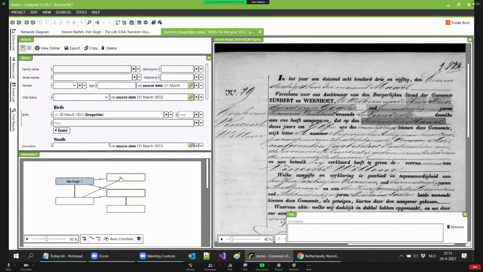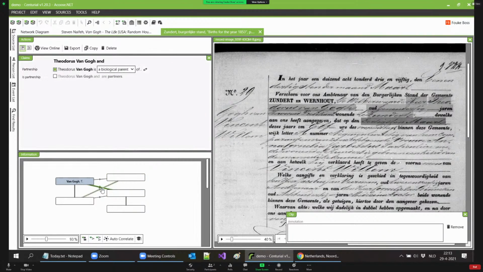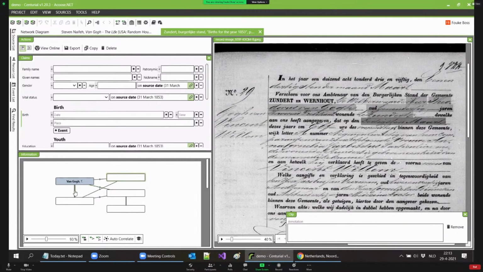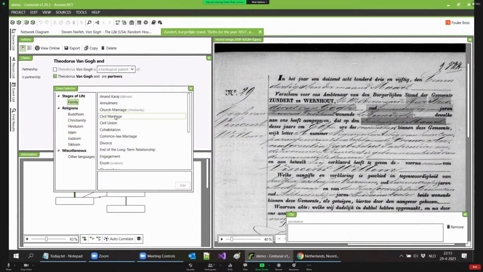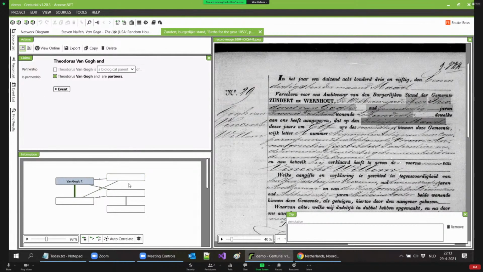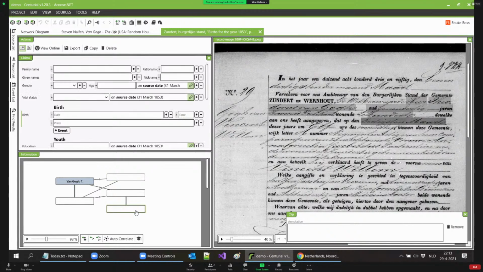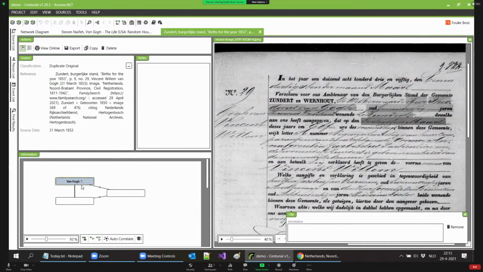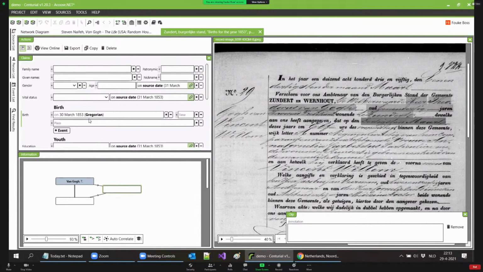And then these are the persons, these are the relations, and for each person or each relationship, I can enter data. I could enter a marriage date if I like, if that's in there, or any kind of information. In this particular case, we only have one. Let's remove this one, and this one. We only have a father, a mother, and a child. So that's what we got here. And you just copy all the information from the source. So let's see, he was born at 11 o'clock before noon. You can put that in.